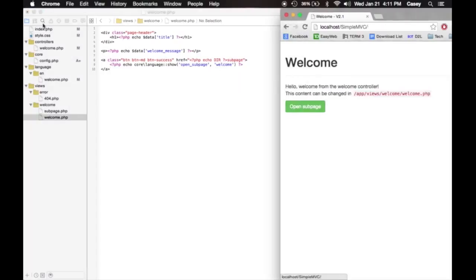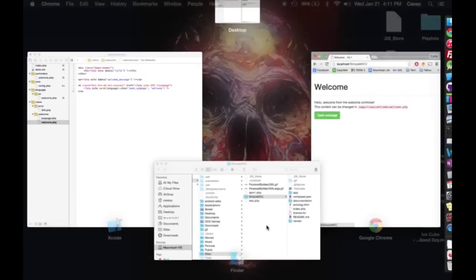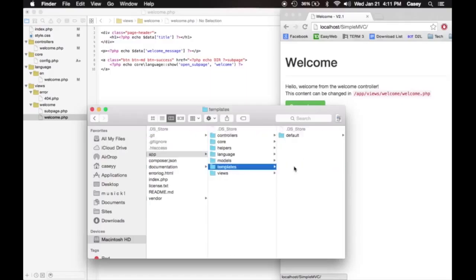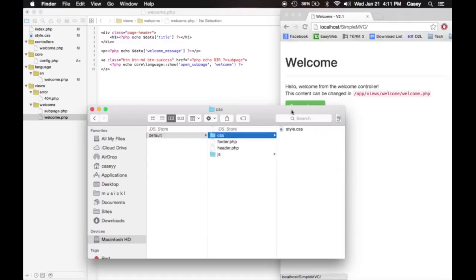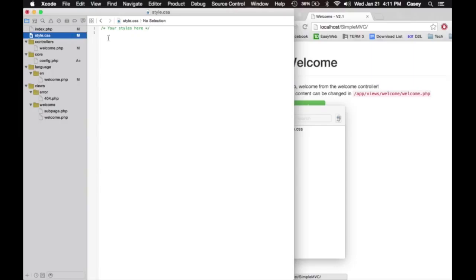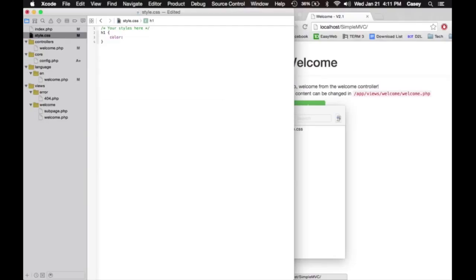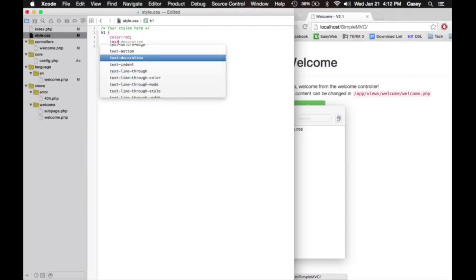So say you want to change the style. Well, they also have a style file in here under templates, default CSS style. Have it open here. So why don't we change the color of the headlines to be red. And let's give it an underline